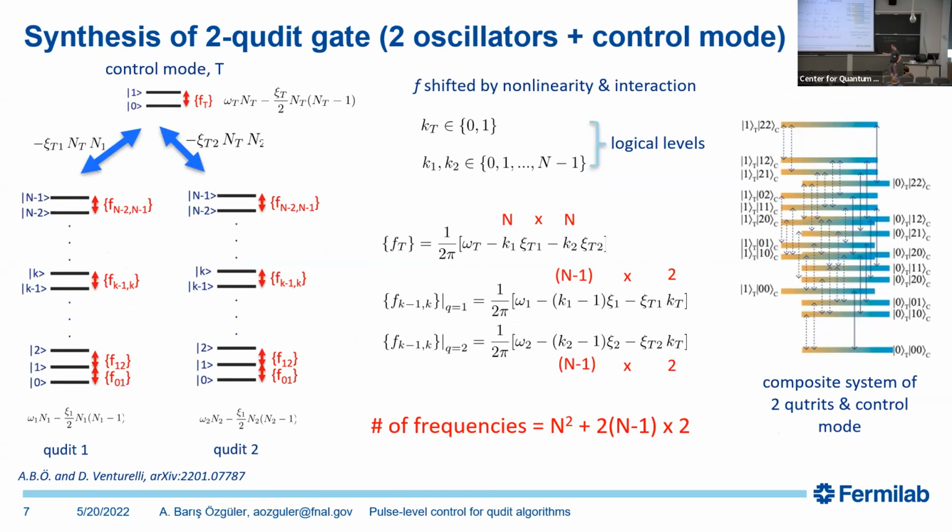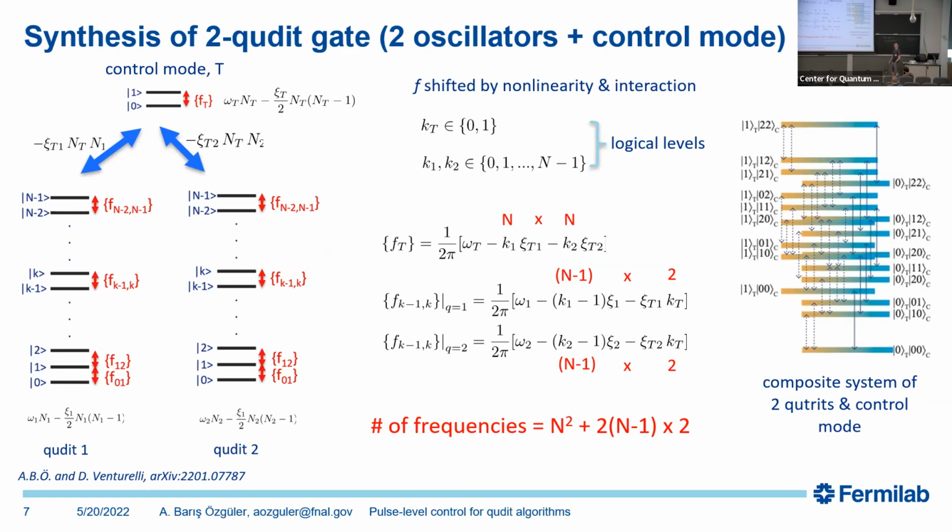We can see that the number of frequencies in the transmon becomes n squared, and also there are (m minus 1) times 2 frequencies for each Qudit, and we have 2 Qudits, so the total number of frequencies becomes n squared plus 2 times (n minus 1) times 2. I'm writing this frequency because the number of parameters in optimization is proportional to the number of frequencies,